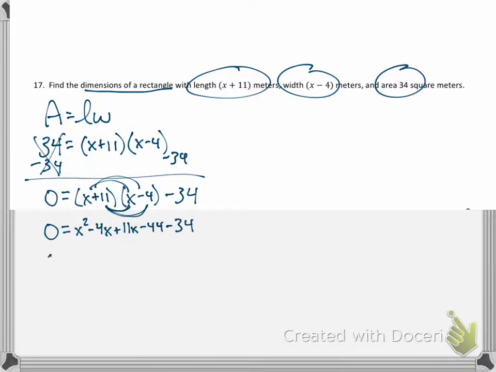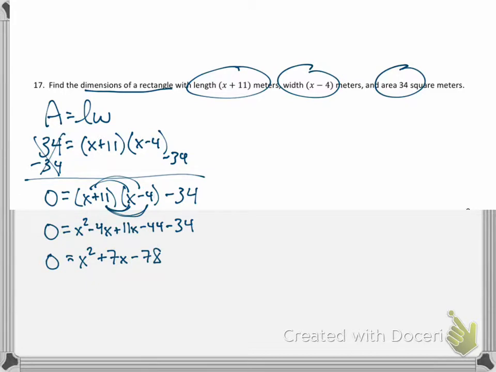Now I'm going to recombine my like terms. So x squared, combine your x's, you get positive 7x. Combine your constants, you have negative 78. Now, at this step, this looks a lot nicer than what we had two lines above it, because it's not half broken apart, half not. This looks a lot like the problems we have done over the last 10 to 15 minutes of this